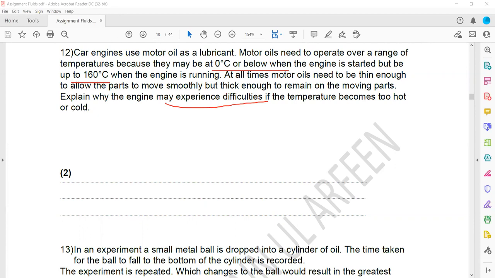So what will happen if the temperature becomes too hot? Then the viscosity decreases, it will flow easily, so it will not remain on the parts. But if the temperature is too low or if it is too cold, then the viscosity will be high, it will not flow, so it will remain at certain parts, it will not flow easily to all the parts. So we can write